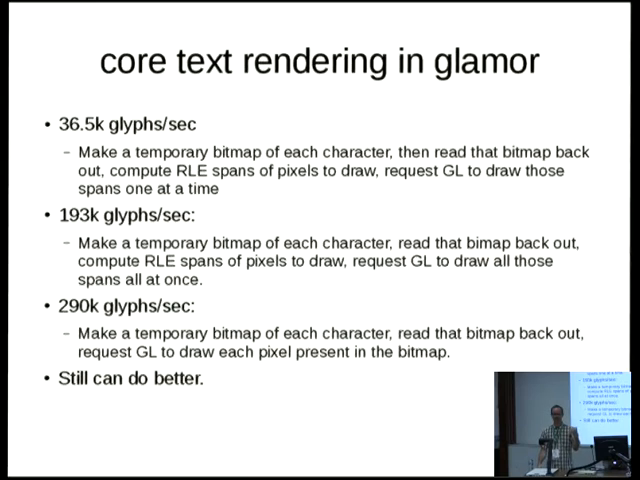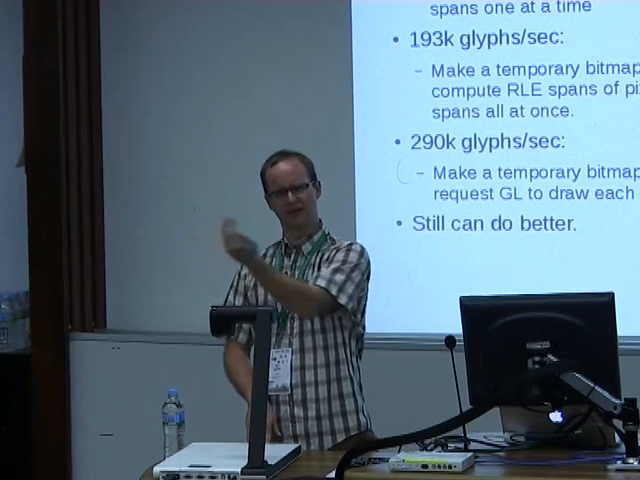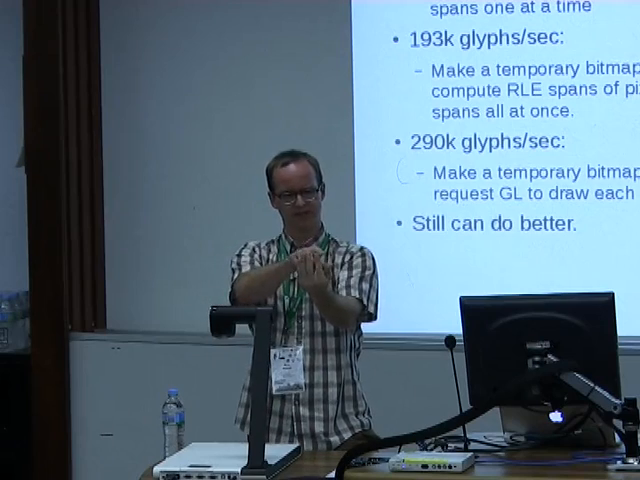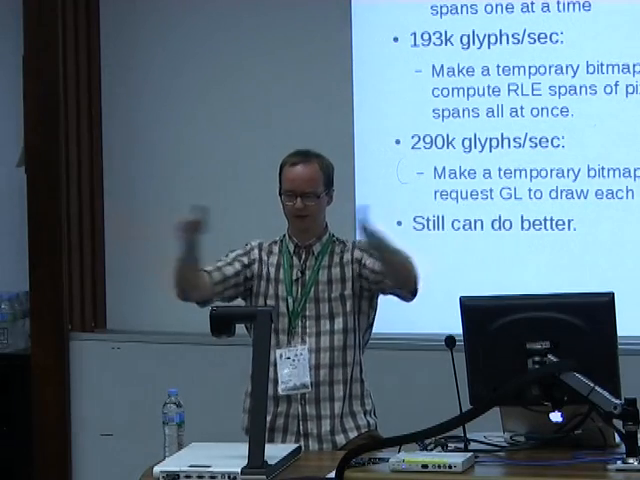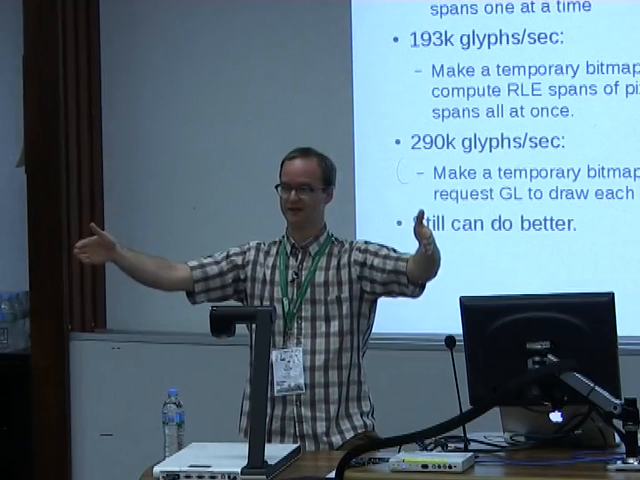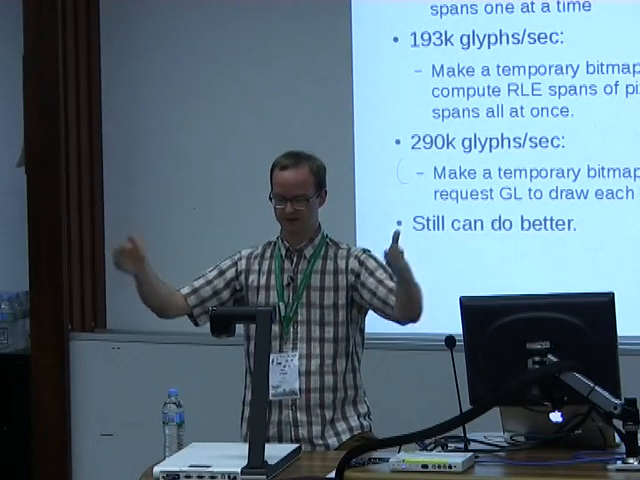So Glamour, when I picked the project back up again on my laptop, was doing 36,500 glyphs per second, which is about where we were with color rendering back in the 80s. And it's going through this horrible path. You take your character and your font, you upload it to a bitmap, then you read that bitmap back out, and you walk each of the pixels and find these run length encoded spans, and then you ask the hardware, hey, could you fill this span